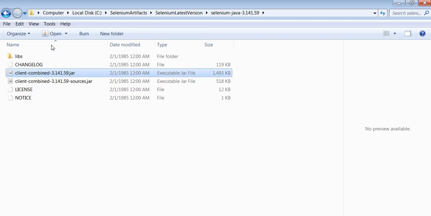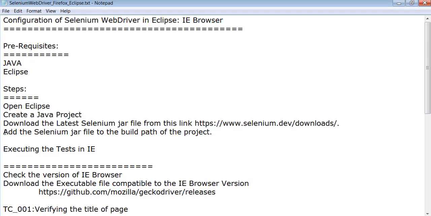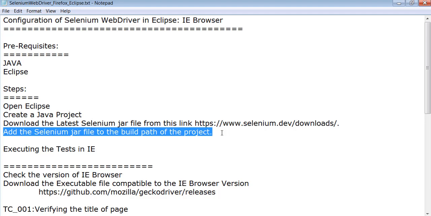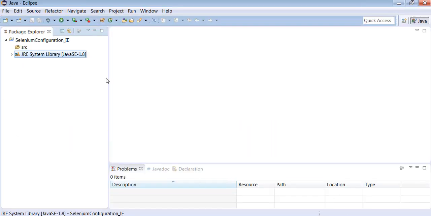Okay. So we downloaded the latest Selenium version, which is stable. Then add the Selenium jars to the build path of the Java project. So let's add these jar files to the build path of the Java project.